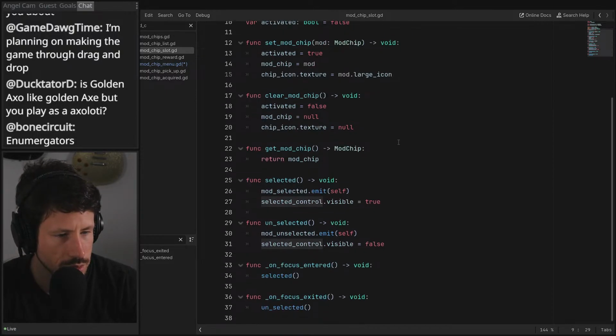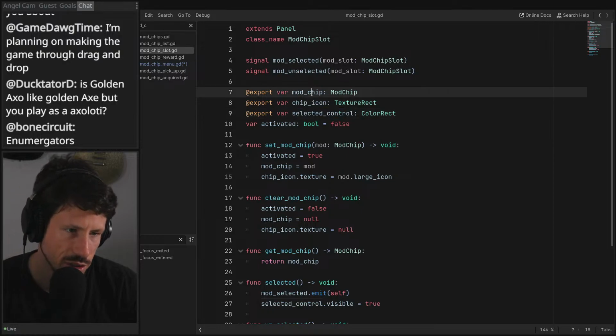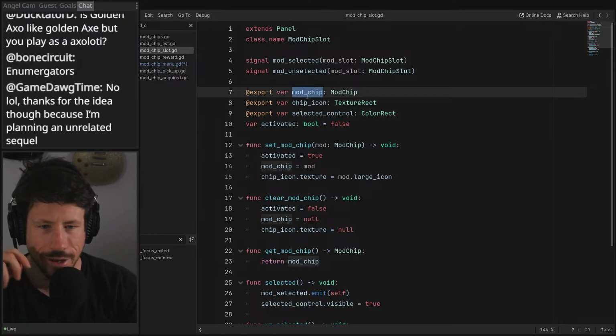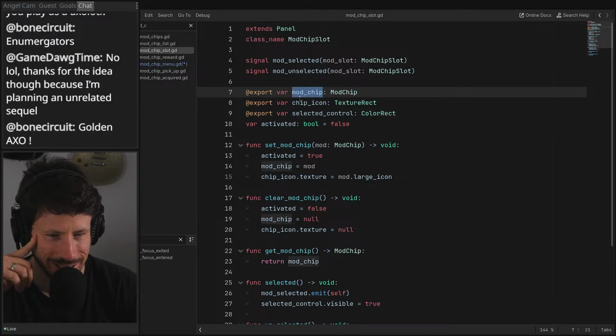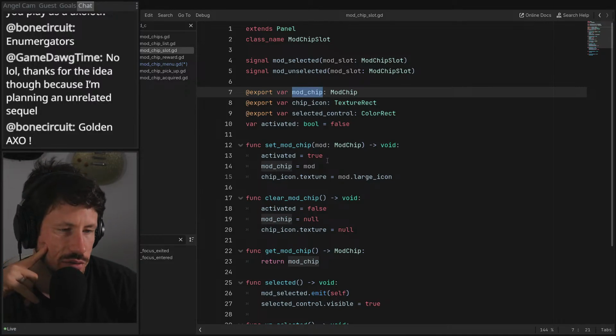How about this? Okay, so this doesn't do anything. Mod chip textured. Thanks for the idea, I'm planning an unrelated sequel. Golden Axolotl. So this is the mod chip slot, and this is the actual icon. There is obviously